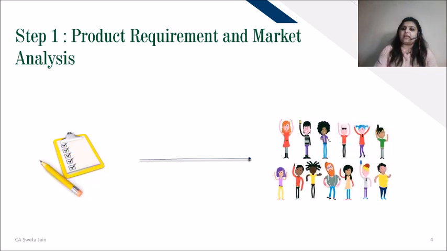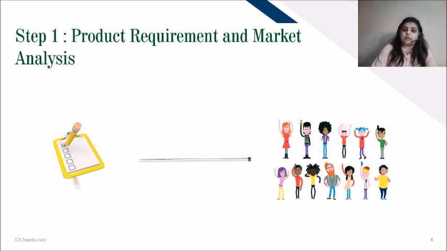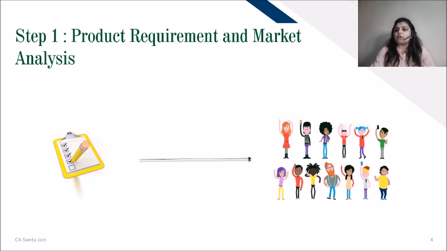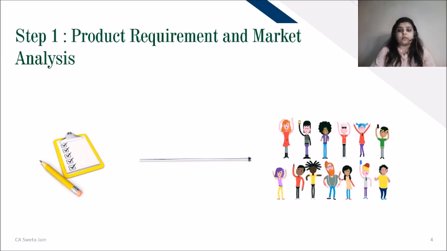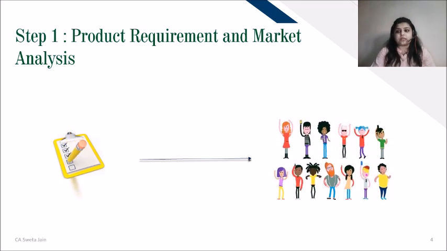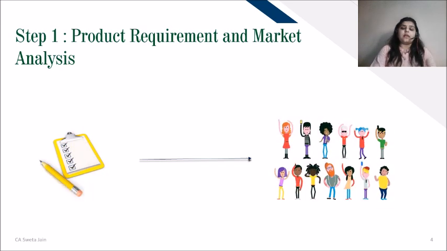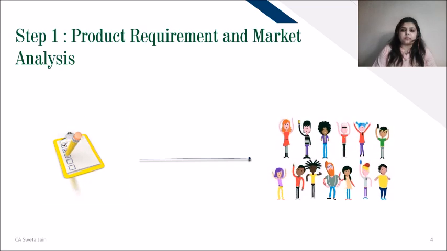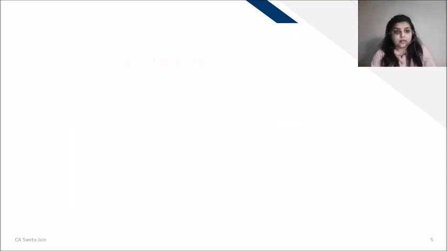For example, I will take the chips packet, I will give it to the people, and I will ask them how is the quality of the product, and at what price will they buy such a packet of chips. So they are going to tell me, okay, we are going to buy the packet of chips at 10 rupees. So that is how I am anticipating my selling price.